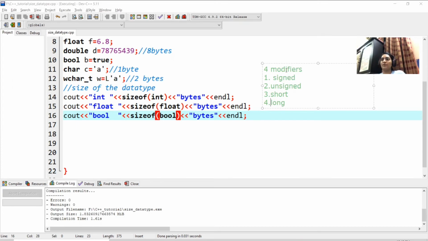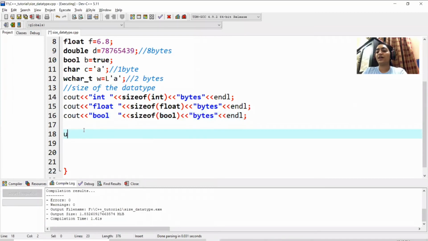Now, for example, let me quickly show you here. What you'll do, you'll write unsigned before your data type, say int, and you write the variable name and assign a number. This is how you declare it.